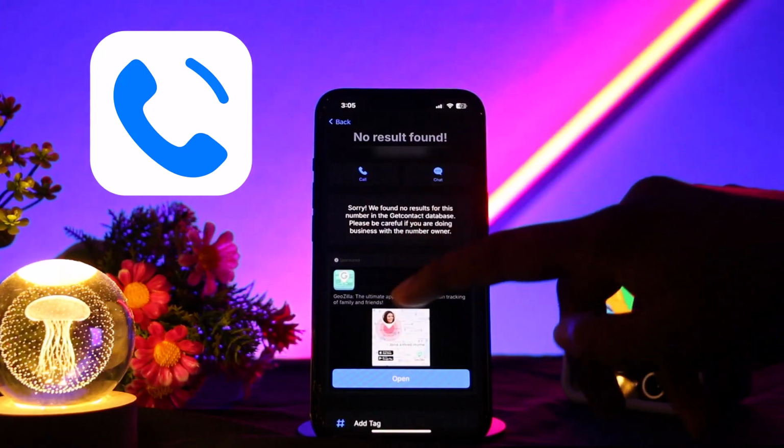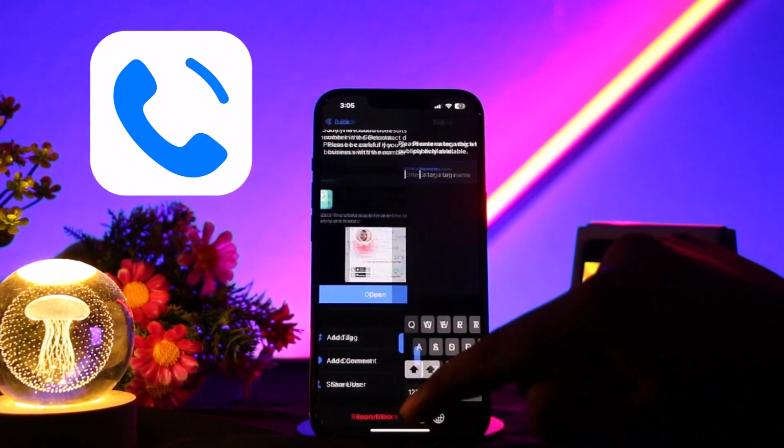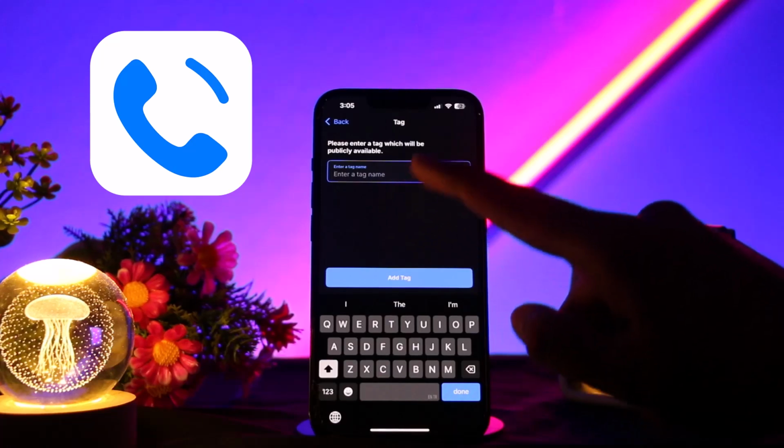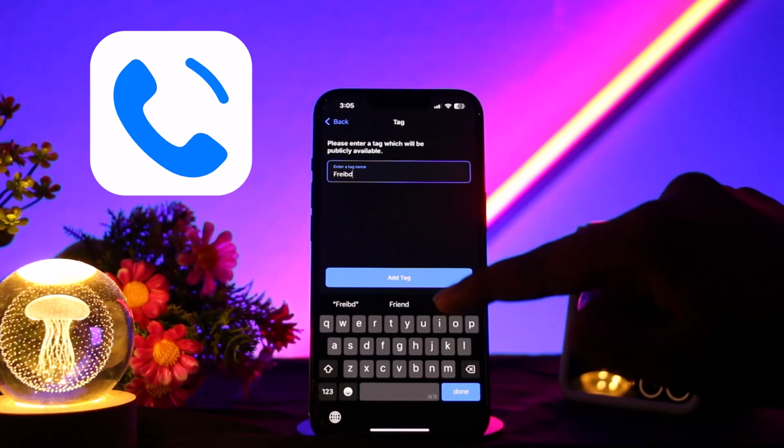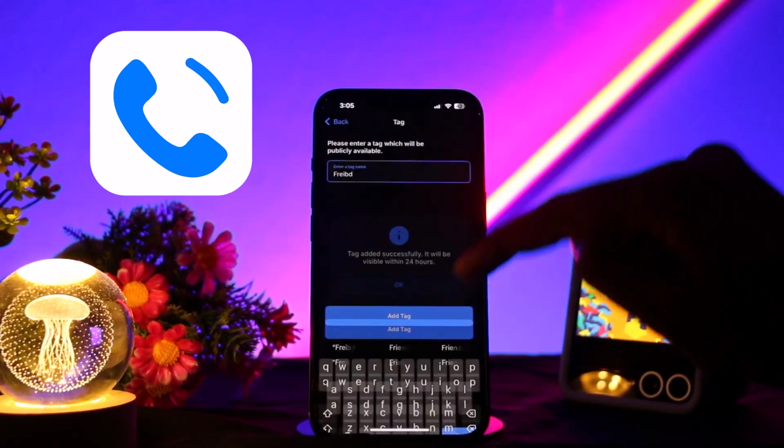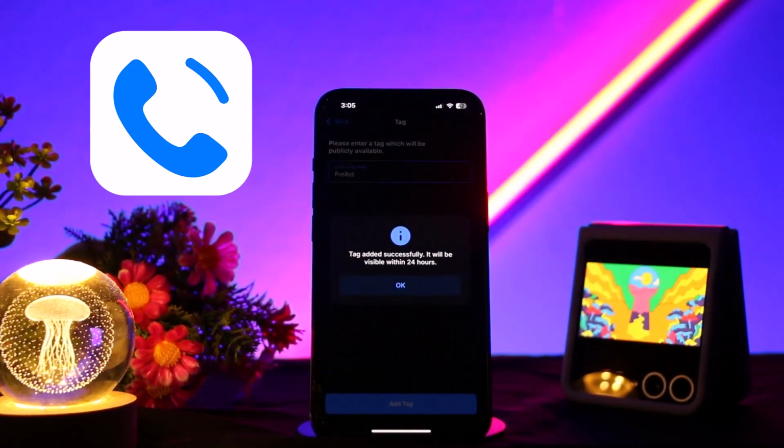After searching the number, here you'll see the option which says add tag. So click on the option of add tag and you may simply enter a tag name like friend or anything you want to give them a tag of, and after that click on the option of add tag highlighted in blue, and after that it says tag added successfully. It will be visible within 24 hours. So that's it. That's how you can add the tags on